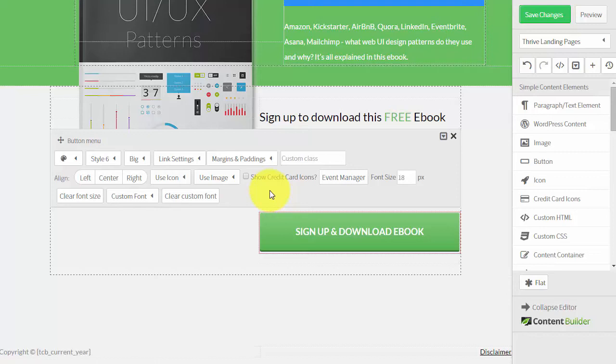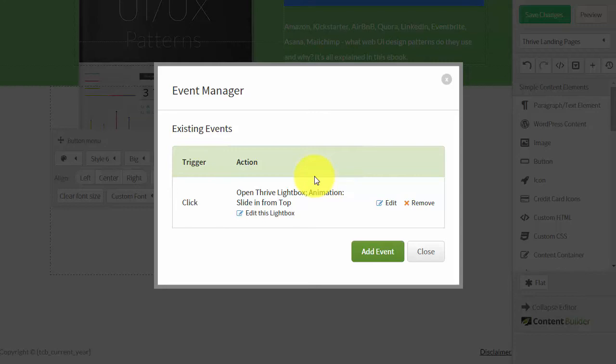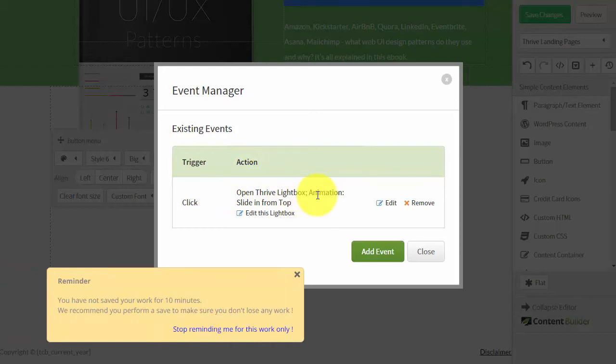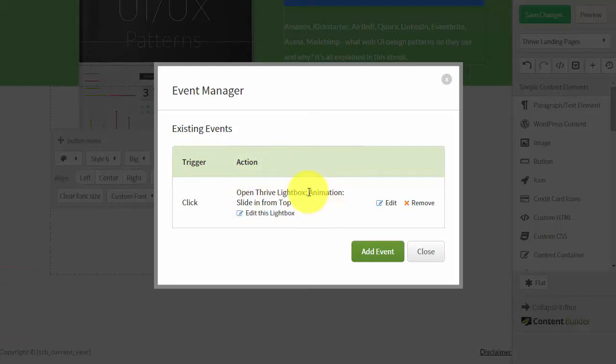Now, how you actually set up these two-step opt-in boxes, it's very, very simple. In every button or image element, you'll notice that there's an event manager, okay? So if you actually click on event manager, you'll actually notice there's different triggers and different actions, okay? So if your user actually clicks on the button itself, the action for the actual page would be to open a Thrive Lightbox, okay? So that's the actual box that appears for them to actually opt in to actually be